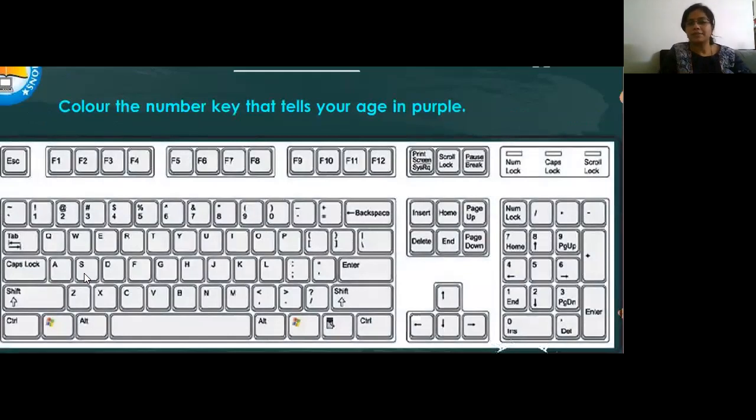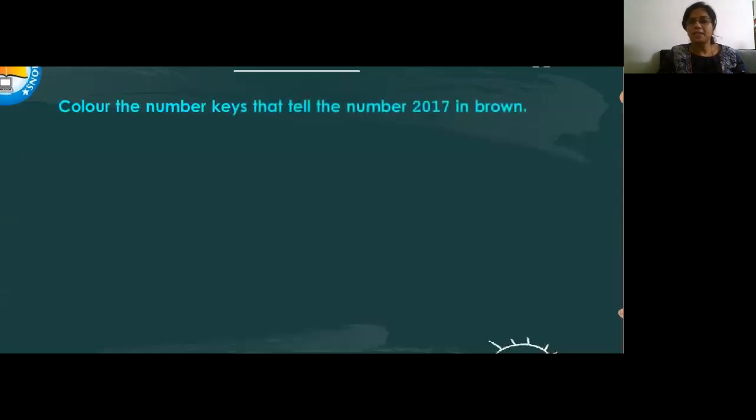Okay, now one more activity which is also available in your textbook is on these keypads, one from here and another one here, correct? You are supposed to color the key in purple color of your age. You might be an age of 5 years or 6 years. So if you are 5, then color the 5 key, or if you are 6 years old, then you are supposed to color the 6 number key. Okay, and please keep it ready.